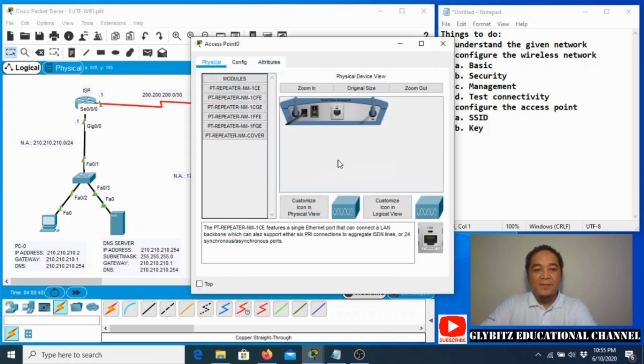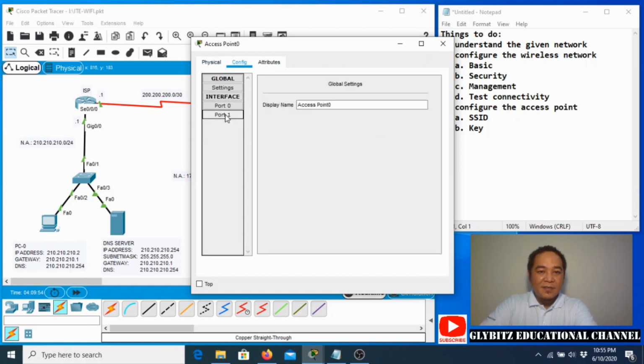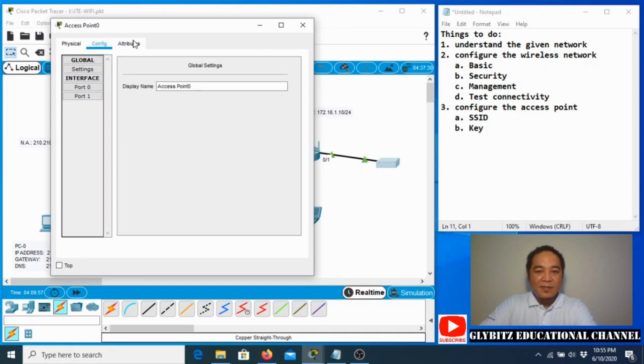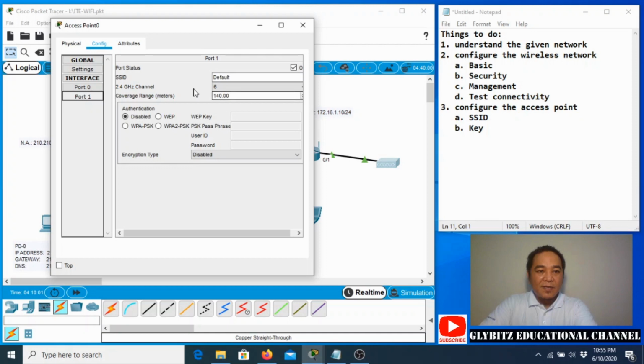And then I will set up port 1. Okay, I will set up SSID. So let's say SCT Wi-Fi-AP, WPA2 and then 98765432110. That is my passphrase. Okay,